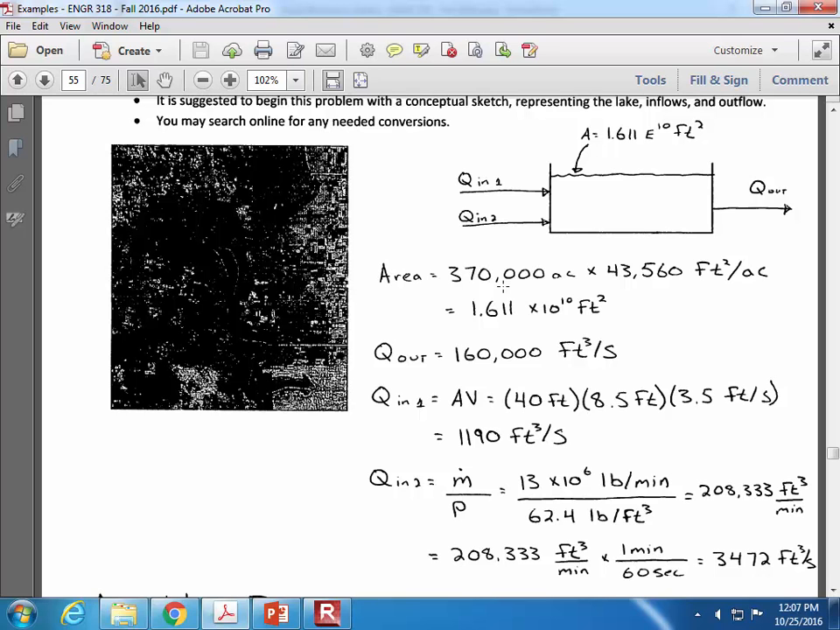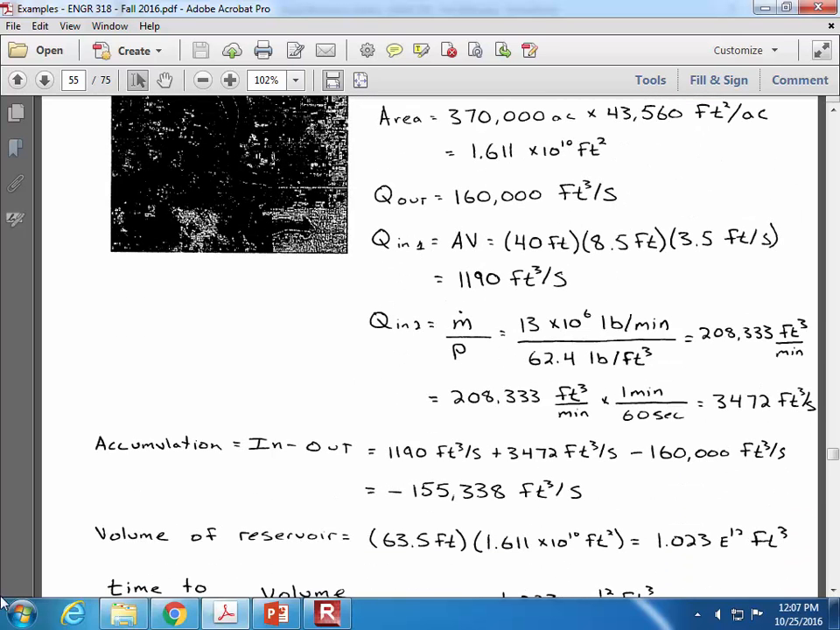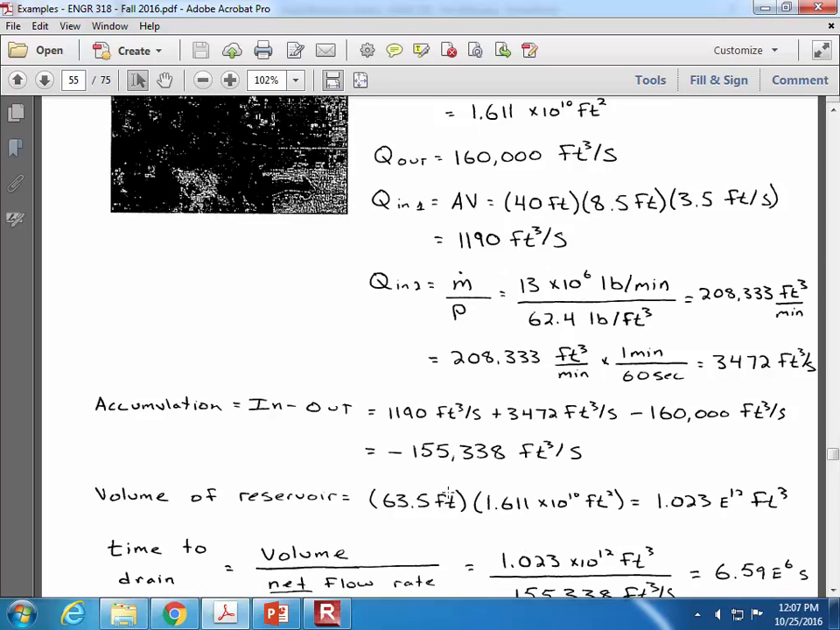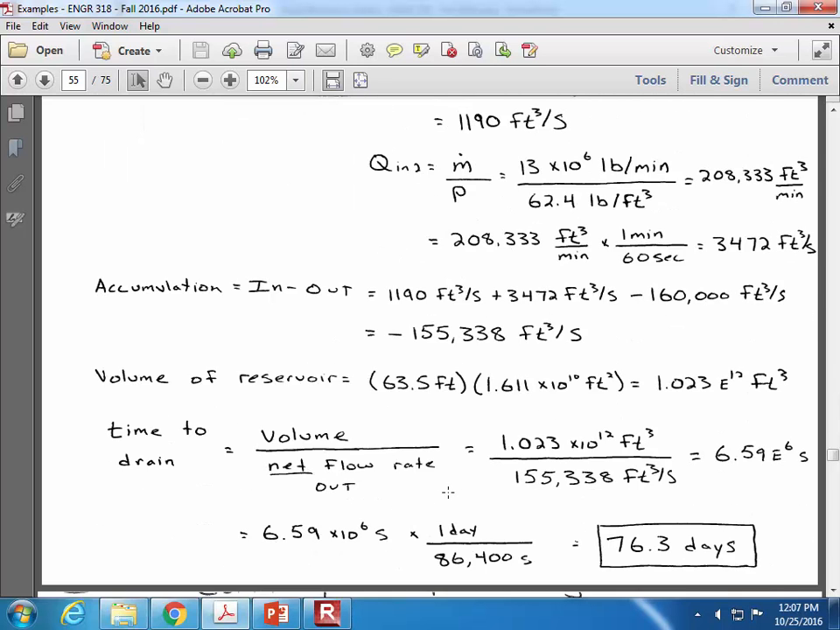All right, so we have the flow rates, and then accumulation is in minus out. I just look at the net flow rate out. Got to find the volume of the reservoir at some point, and then the time to drain it. Should be 76.3 days. Did you memorize how many seconds